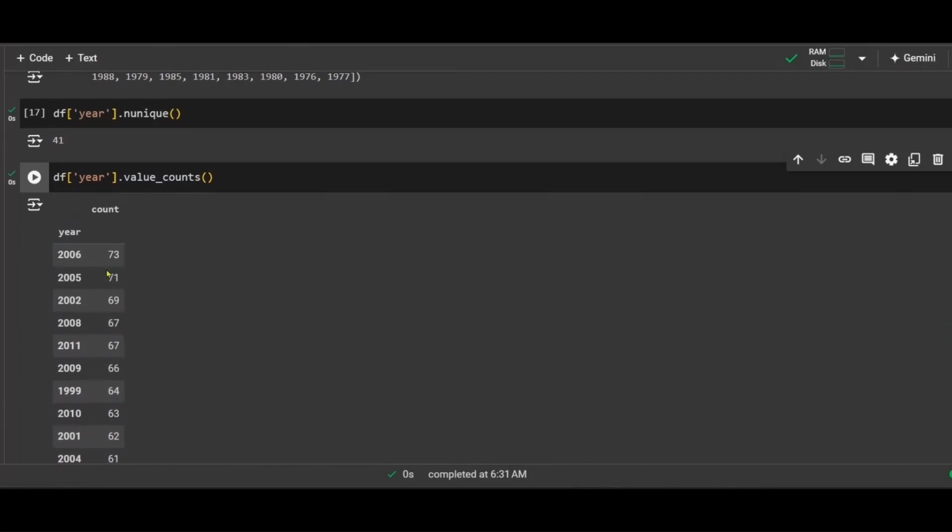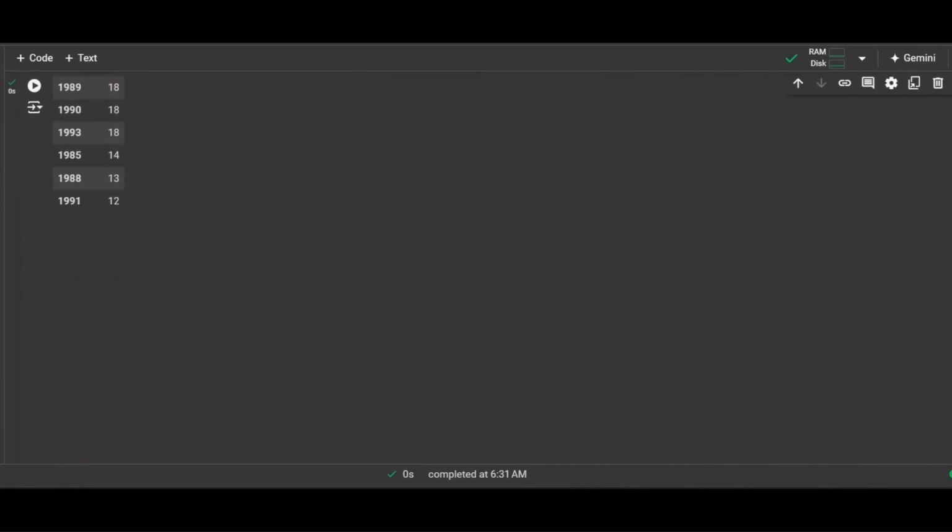Look at this. So 2006 appeared maximum times in our data, then 2005, then 2002 accordingly. Let's move ahead